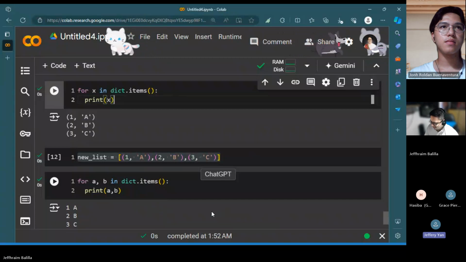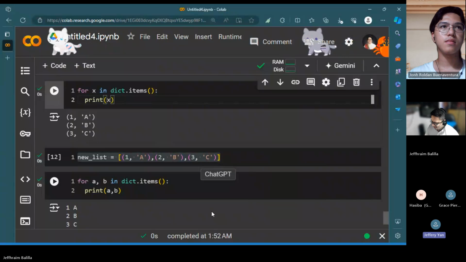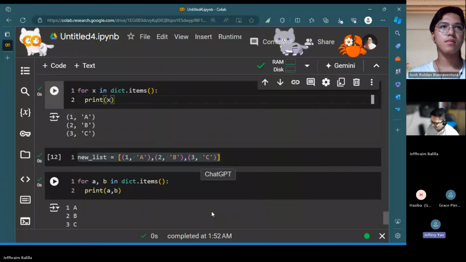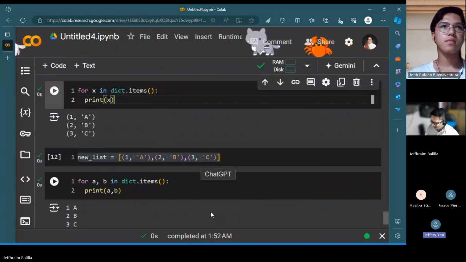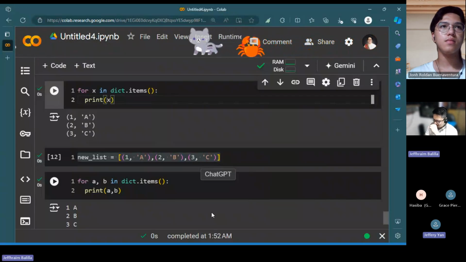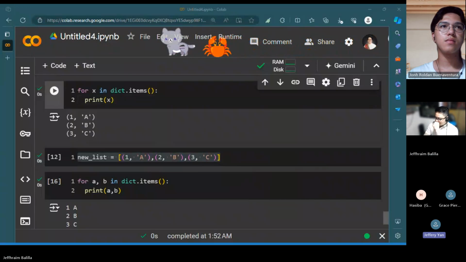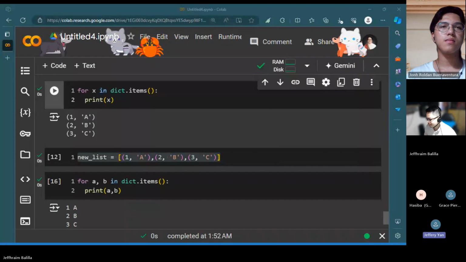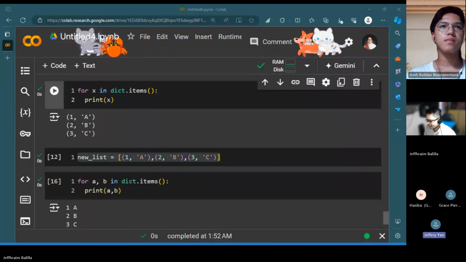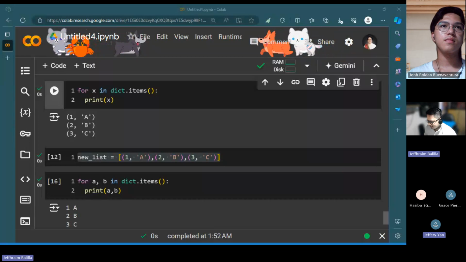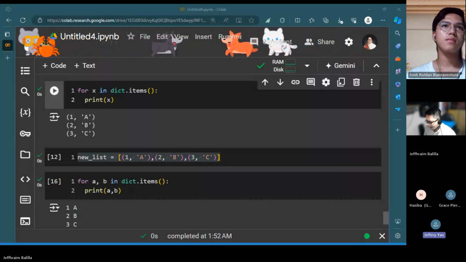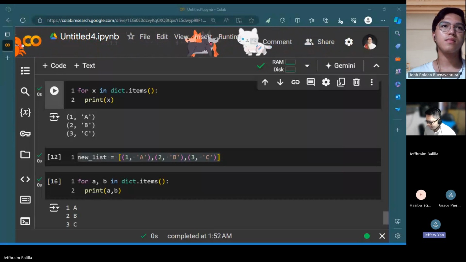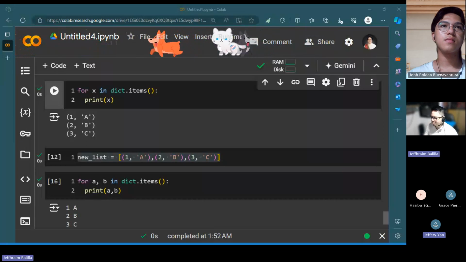And in that example, if you do for X comma Y in dictionary items and you print X, then you will just print the key part of it, right? But the thing that caught me off guard is that if you just do X, it will work. If you do X, Y, it will also work. But if you do X, Y, Z, it wouldn't work because there is no Z. Yet it automatically figures that out. So that's kind of what I'm asking.